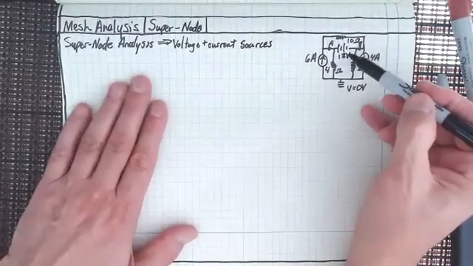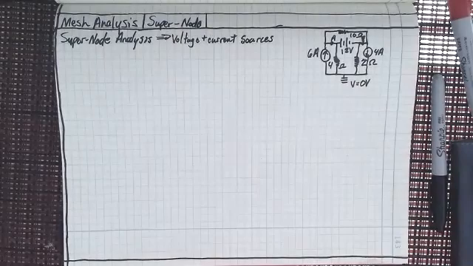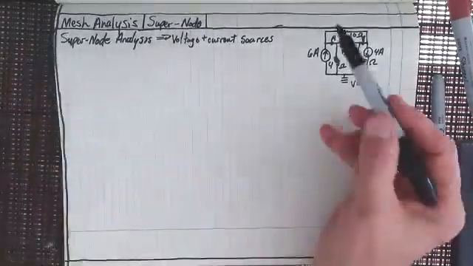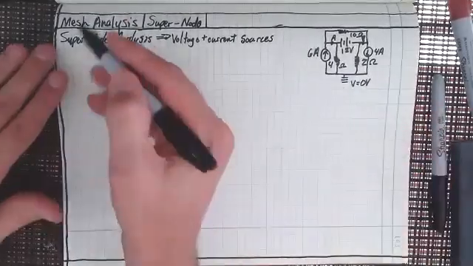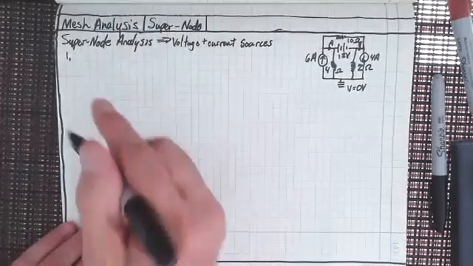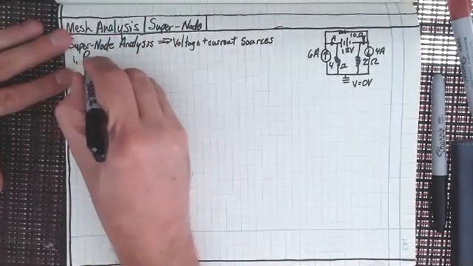And you can see here we've got voltage sources and current sources. Now we've got two current sources and we got one voltage source. And I'm using Supernode analysis. So what I want to do is get the process down. Okay, so I replace